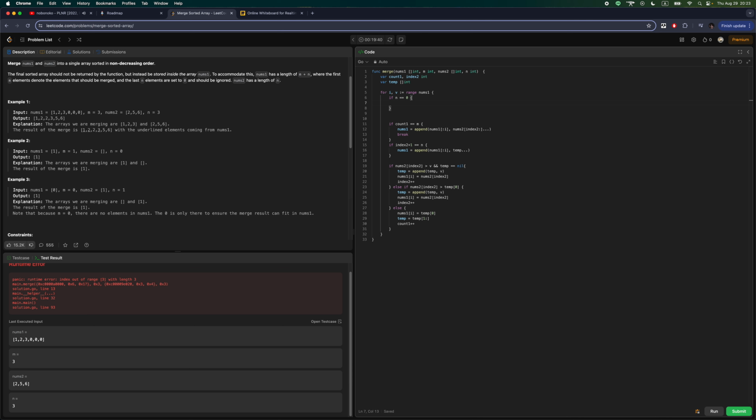If n equals 0, nums1 append nums1 with temp. Right. This is going to be if nums